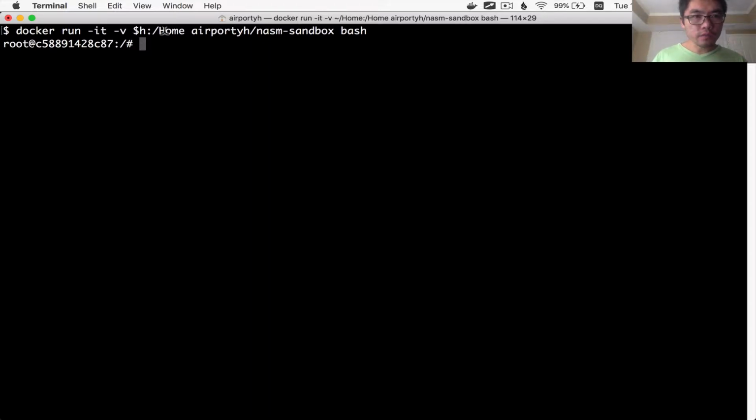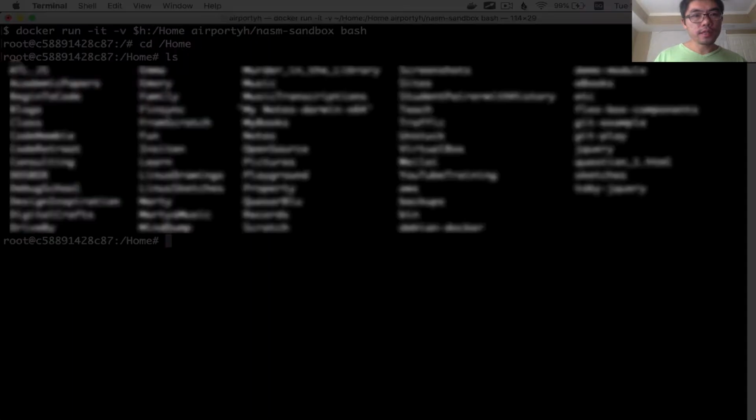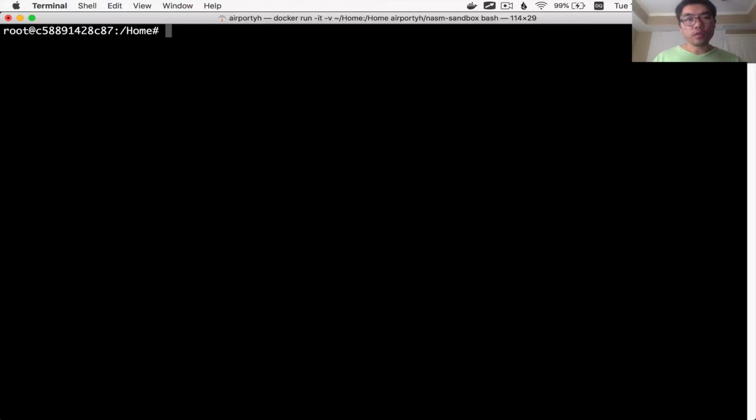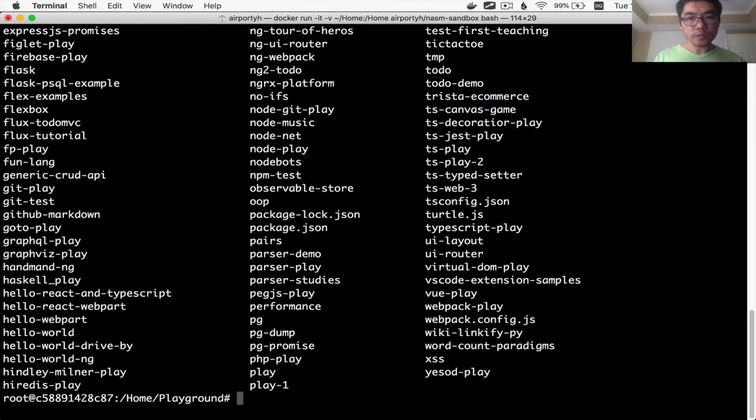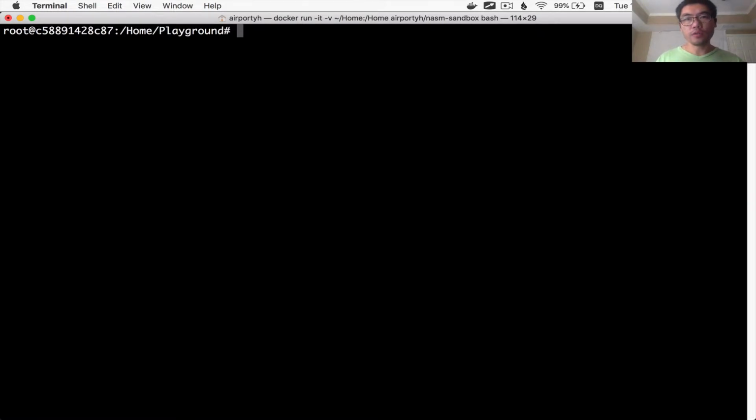And this is to map a drive so that if I cd into /home, then this /home mirrors what I have within my home directory. And within my home directory, I have a playground directory, and within that, I have a lot of playground projects. The one I'm going to use, I'm actually going to make a new directory. Let's call it ASM Tutor,